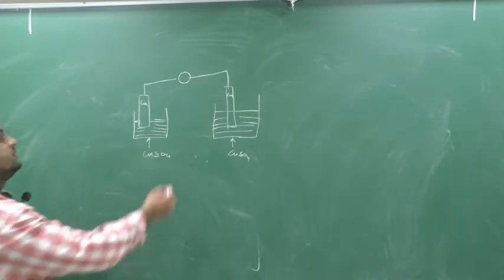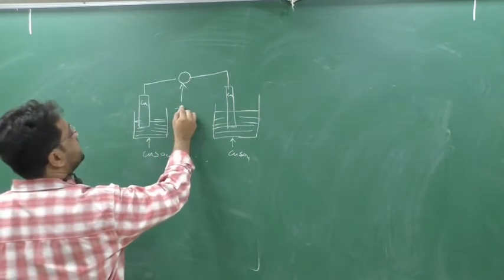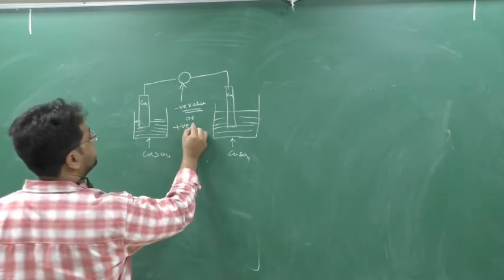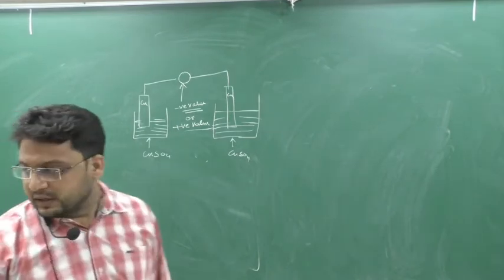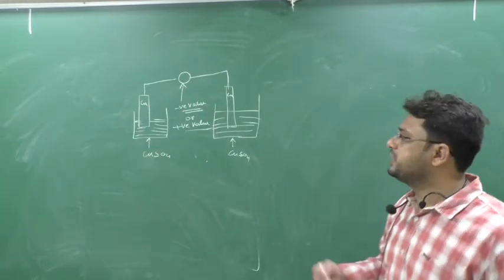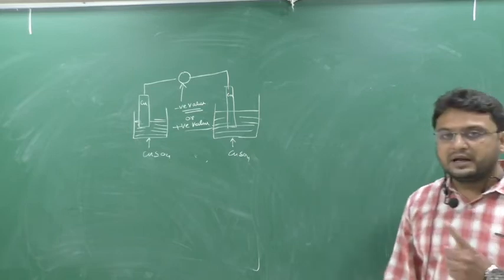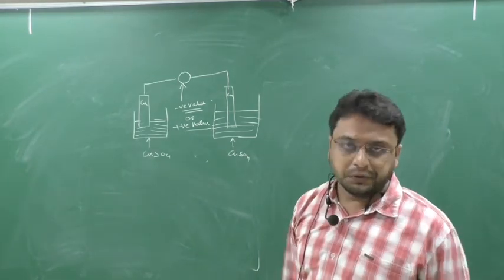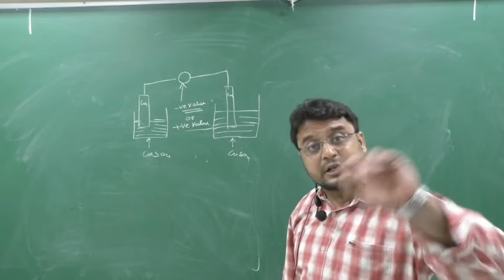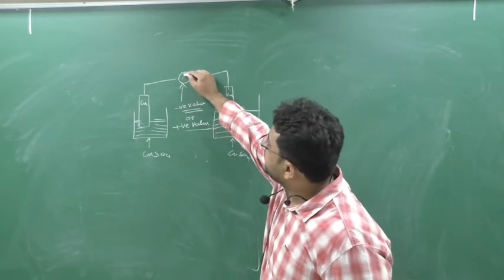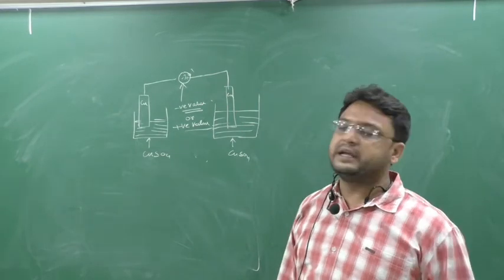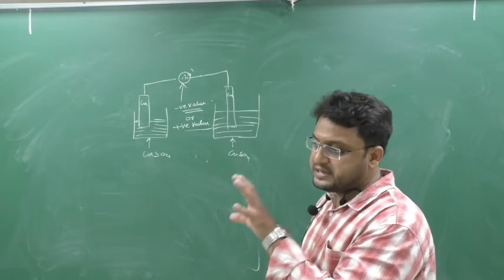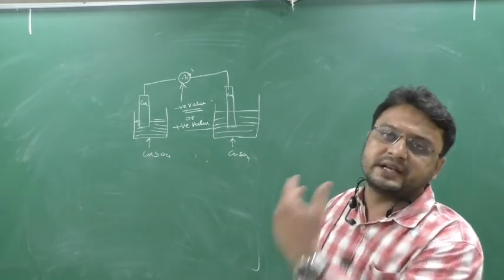Now, if here a negative value appears, then what? Or a positive value appears, then what? Suppose here a negative value appears, then what you are thinking is anode, actually it's a cathode, and what you are thinking is a cathode, it's actually anode. Suppose negative 2.01 volt comes. So, negative value indicates that the electrode which we are thinking as anode, actually it's a cathode, and which we are thinking as a cathode, actually is an anode.